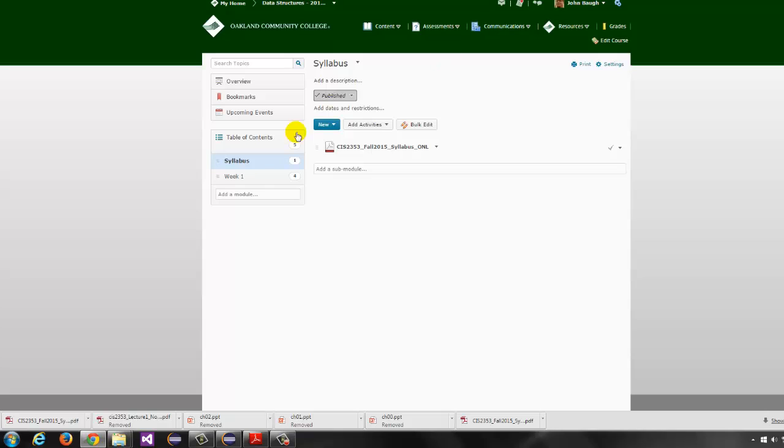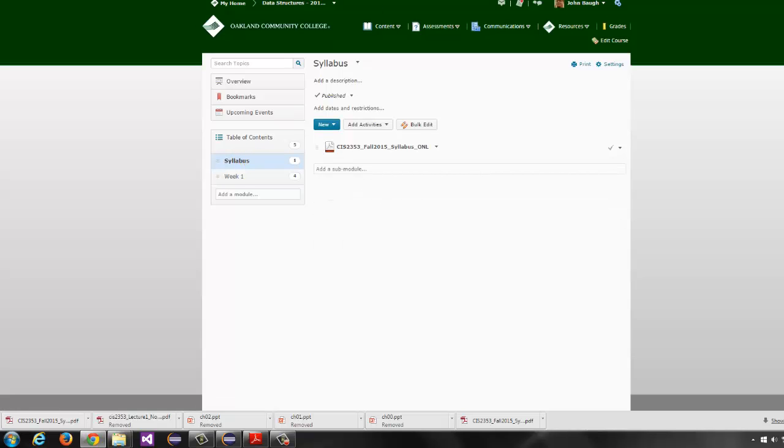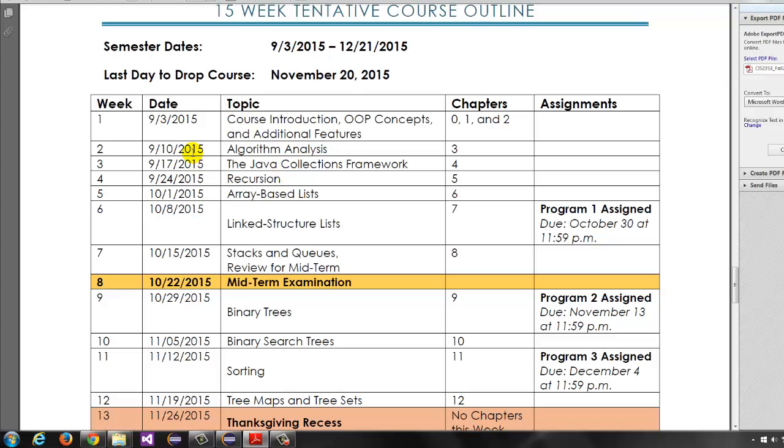You are responsible, regardless, for reading through the slide decks, even if it's just a cursory read, and definitely reading through the lecture notes. Note that the weeks will line up with the week number on the side here.